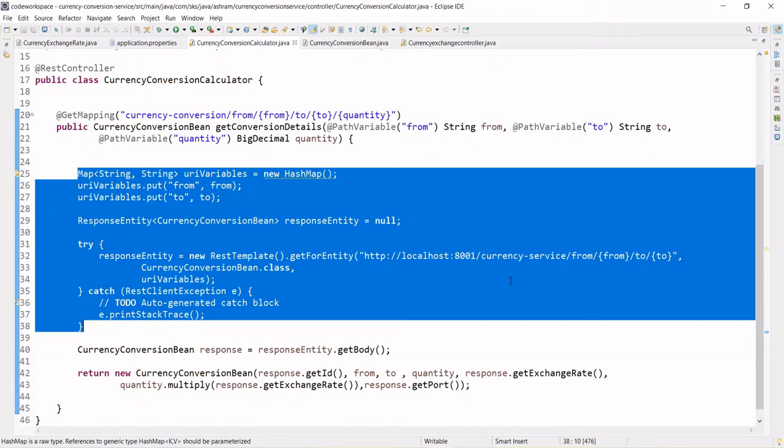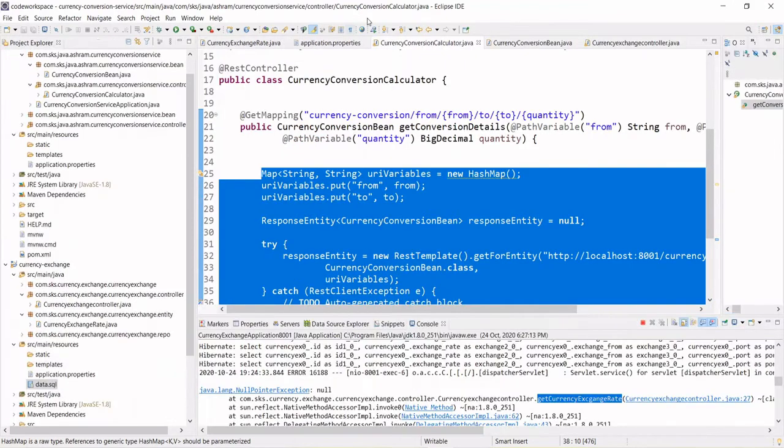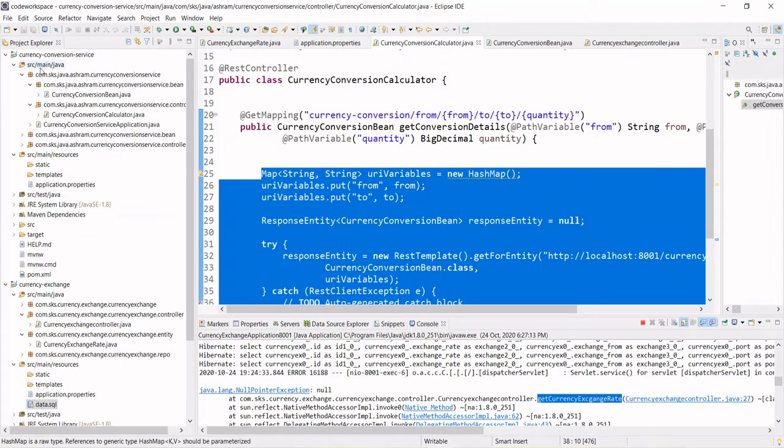But in this step, we will focus on calling the microservices using the Feign client. The other problem we'll see in the next step, but in this step we will learn how you can use the Feign client to call the microservices. First we will have to add the dependency to use the Feign client. Please make sure of the project you are working on. We are working on the currency conversion service. So go to the pom.xml.